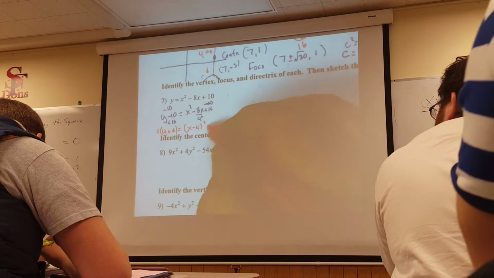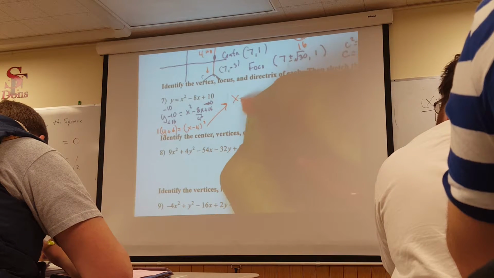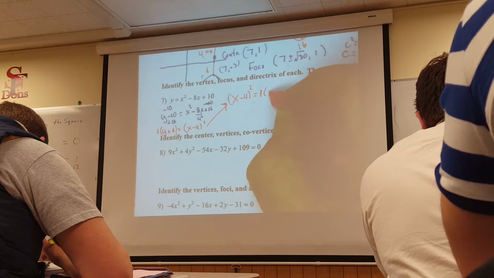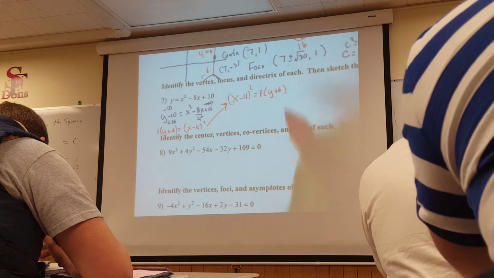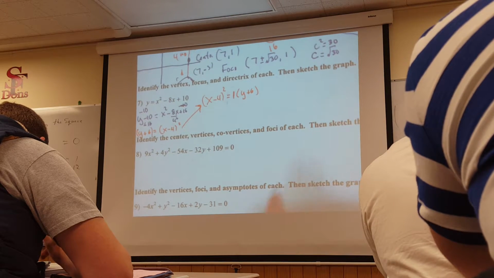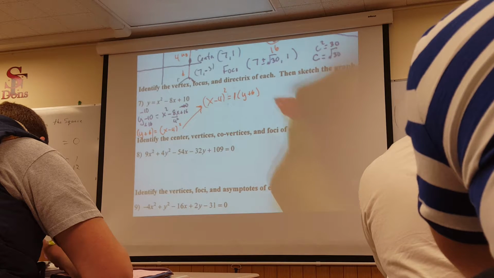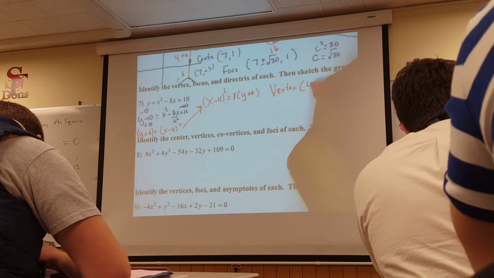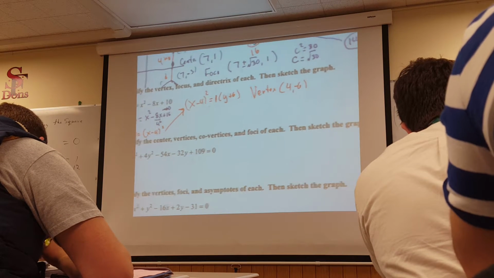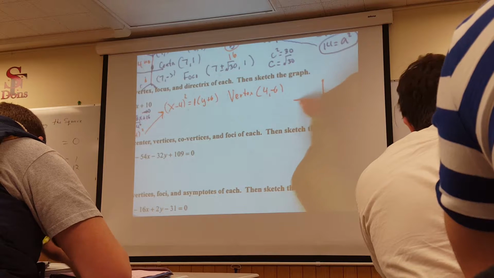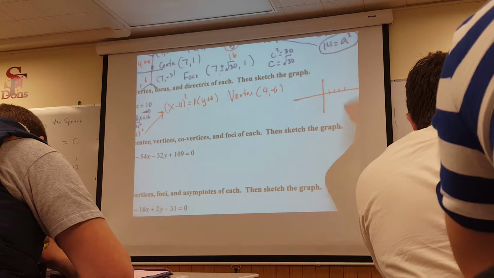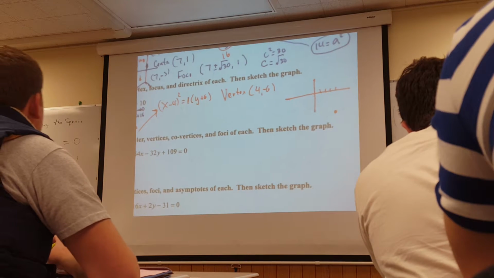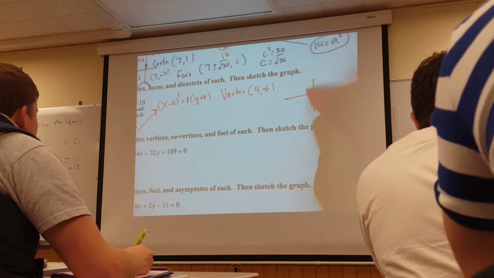Okay, let me rewrite this as x minus 4 squared equals a 1 in front of y plus 6. Okay, what is the vertex of this parabola? So 4, -6. So if I would go to 4, down to -6, and it's an x squared that's positive, so it opens up like this,